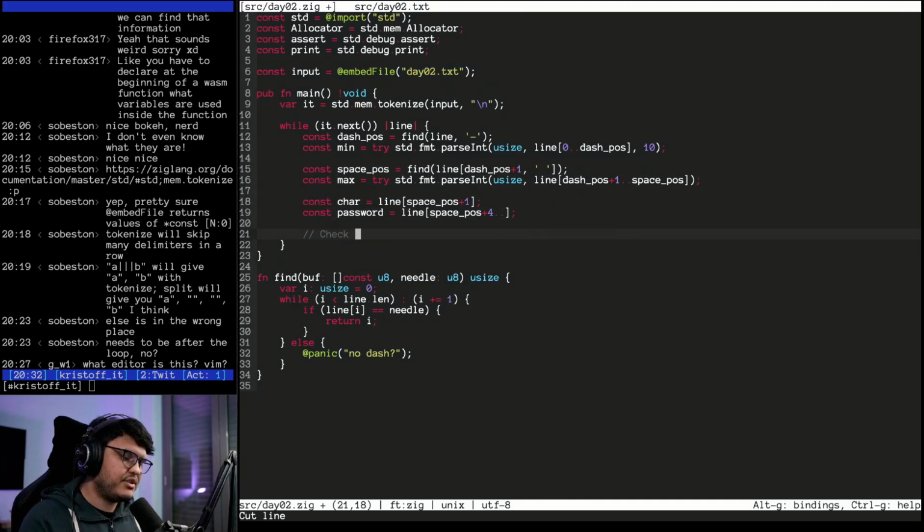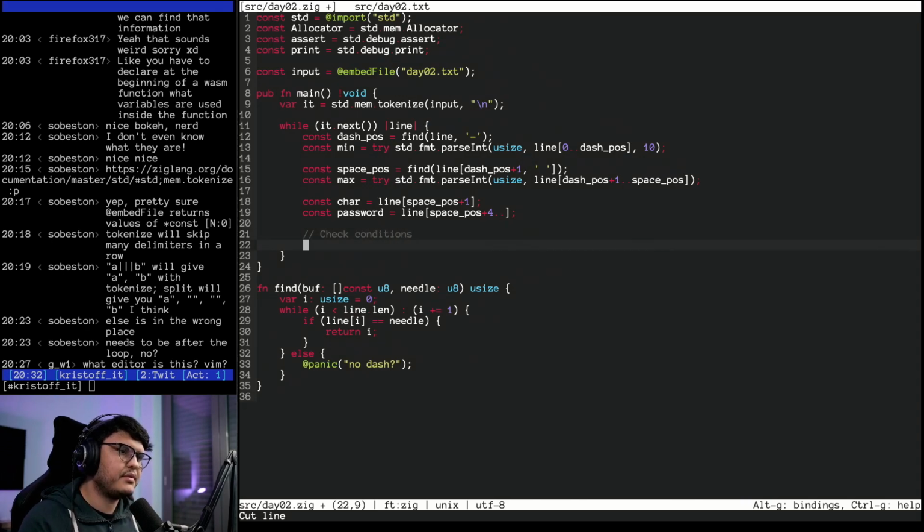So what we do here is check conditions. And so check conditions, we need to do if... so we need to check that the character is within the limits.